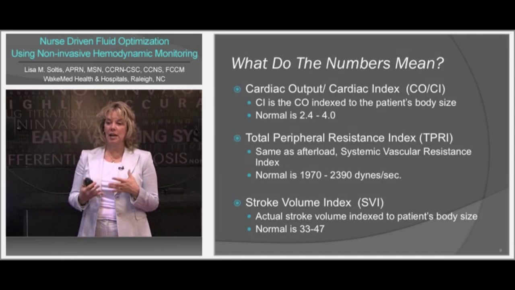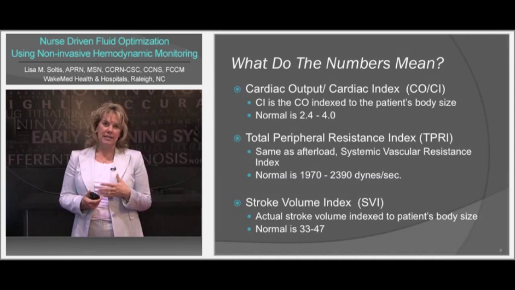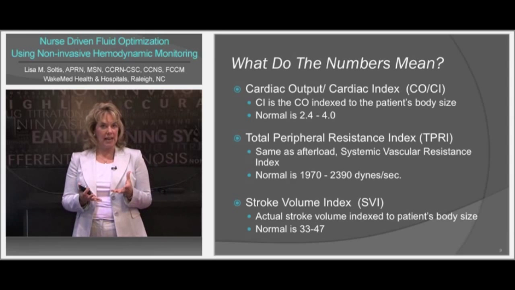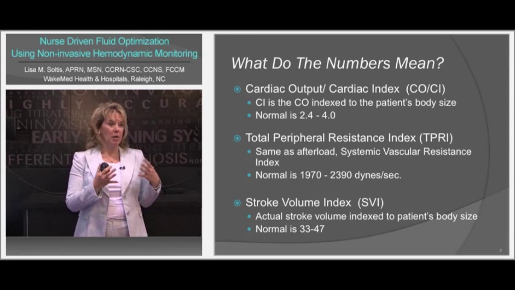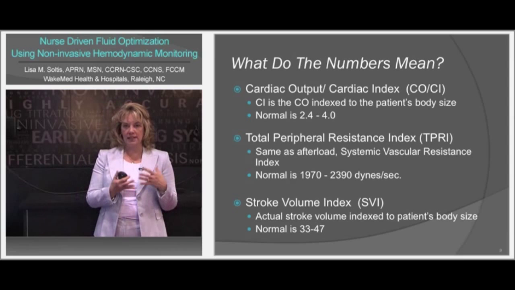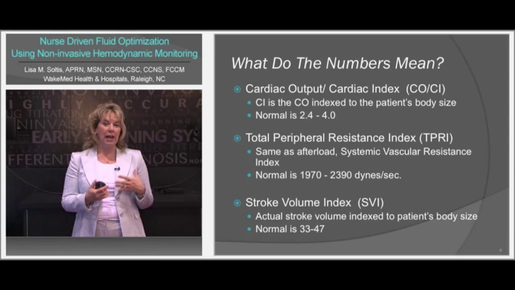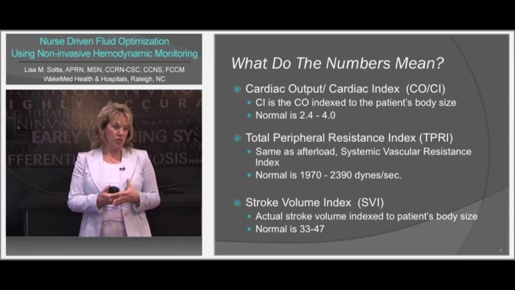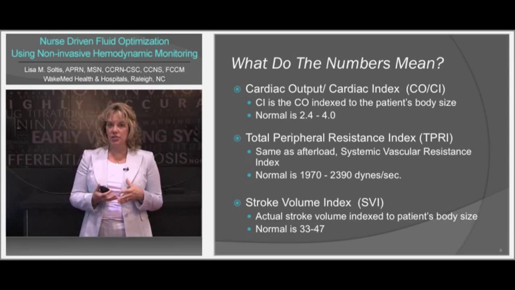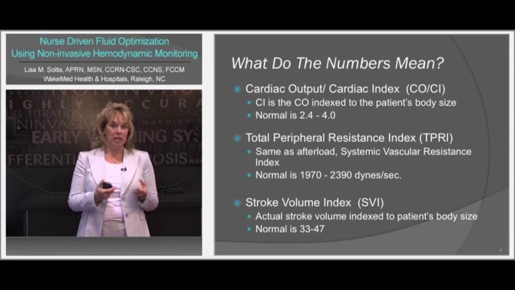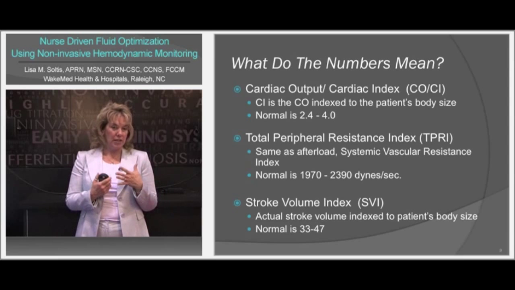our stroke volume. When you index it, you take the output and divide it by the patient's BSA, and that customizes the output for that patient's body size and body habitus. It lets us know, is this adequate for that particular patient? The total peripheral resistance is my afterload. What is my vascular tone? Do I need to vasodilate because they're clamped down, or do I need to add fluid